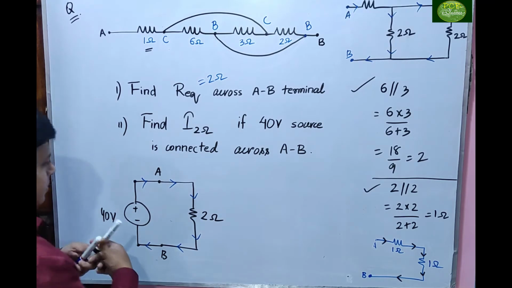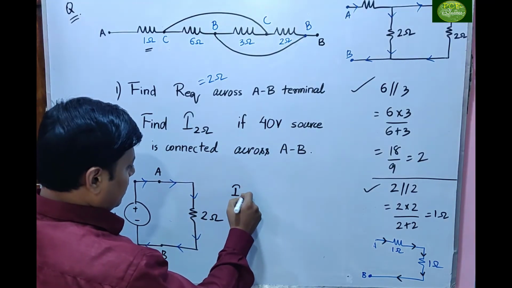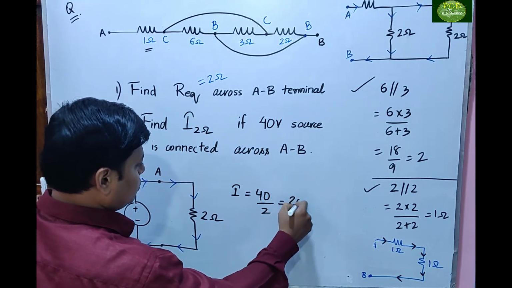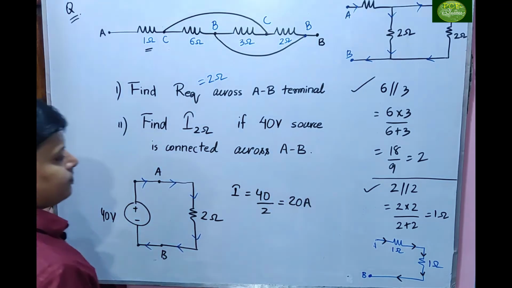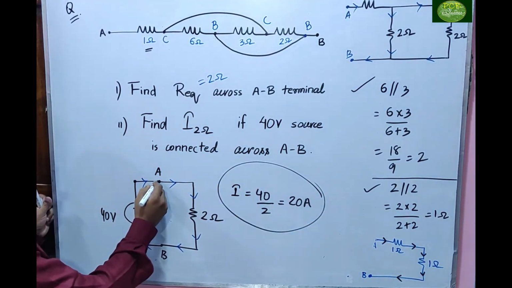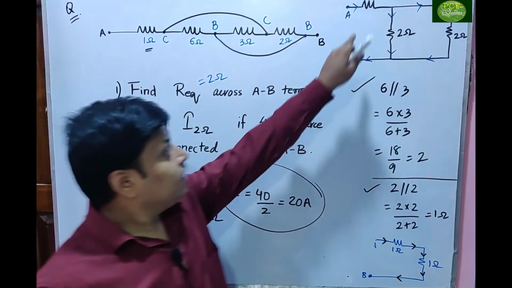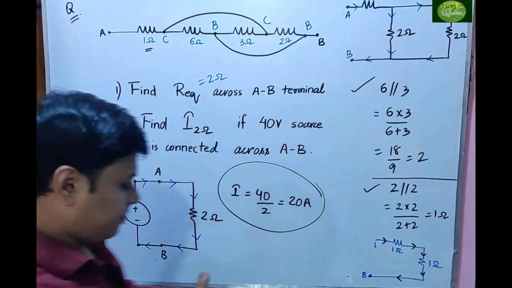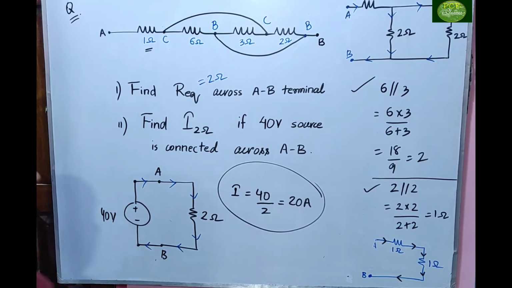What is the total current? So current will be I equals 40 by 2, that is 20 ampere. Which current is this one? Current flowing, entering the A point. Then these two are parallel. If these two are parallel,